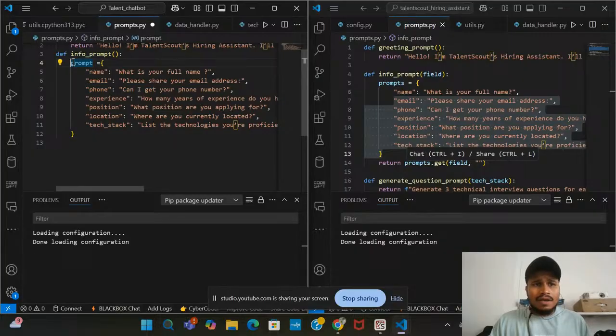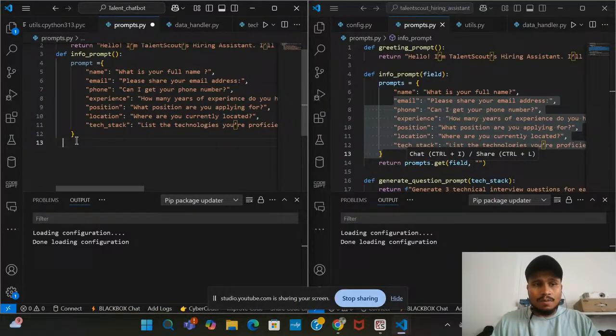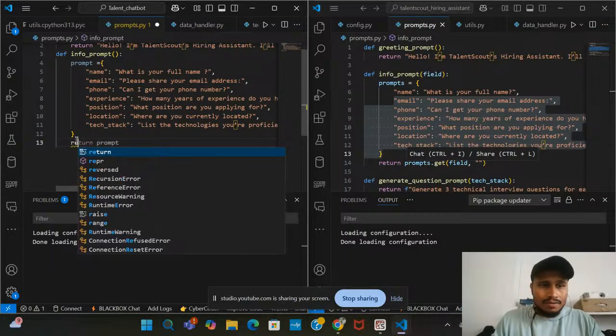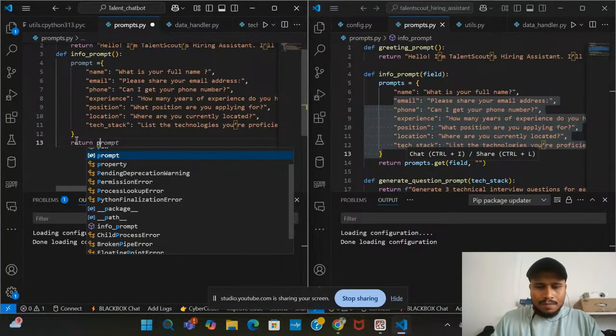So basically, in the prompts variable, this prompt is a dictionary. Okay. And when you check the data type of this prompt, you will certainly find that this is a dictionary and it holds the elements in key value pairs, right? So now what I will do, I will just return this particular value. So I will write here return, and I will return prompt